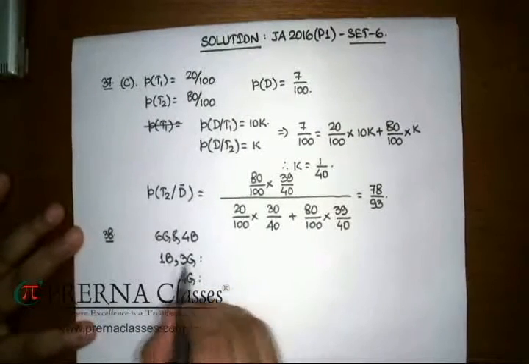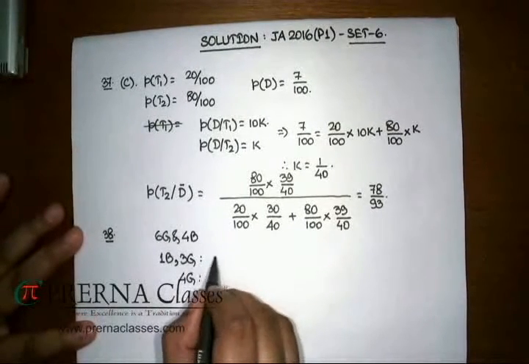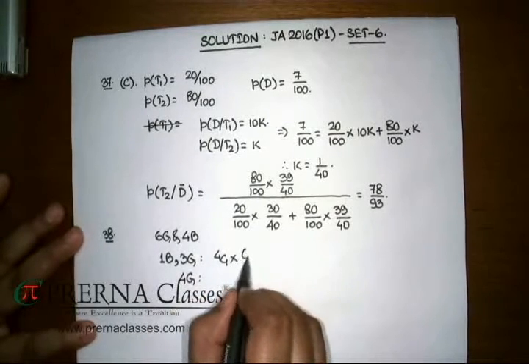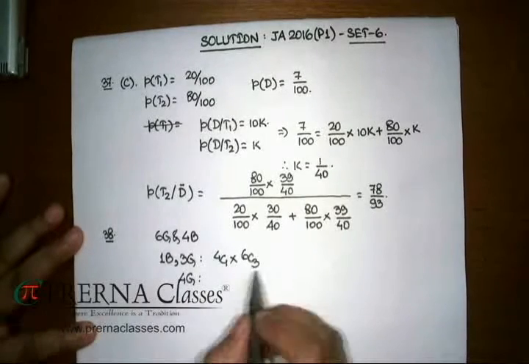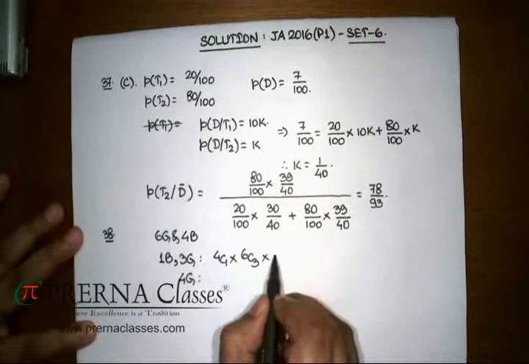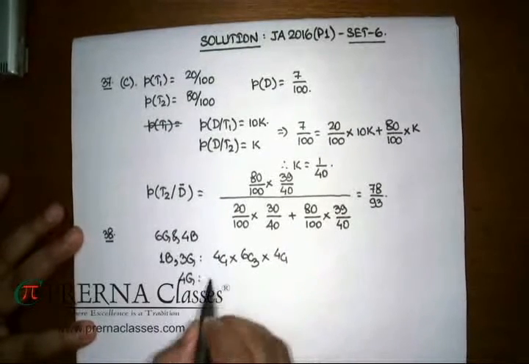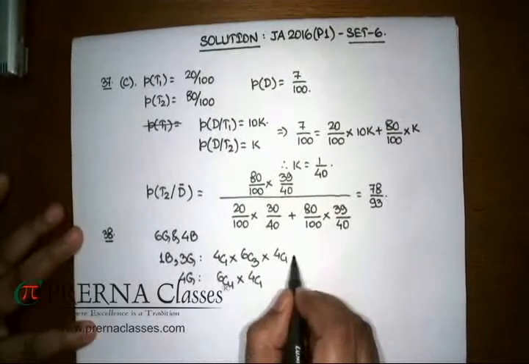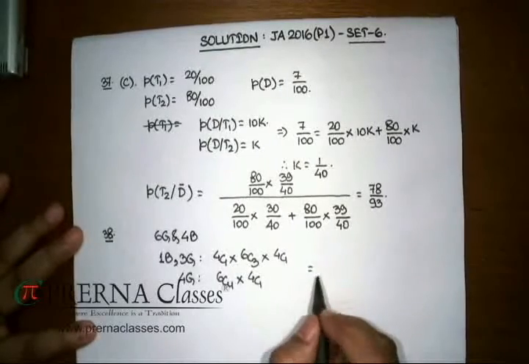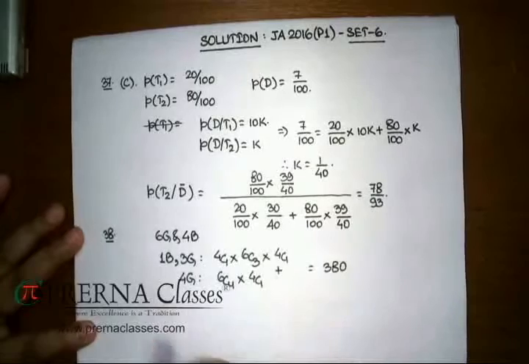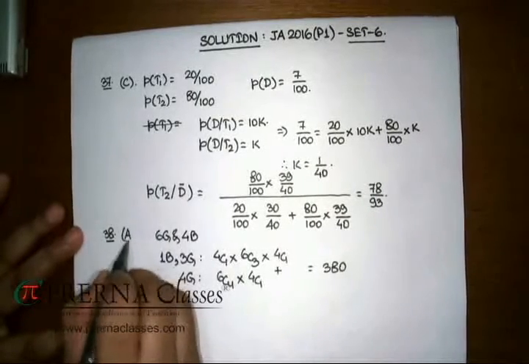For this particular case, I can write selecting 1 boy out of 4 as 4C1 and selecting 3 girls out of 6 girls as 6C3. Once I have taken care of the members of that group, I have to select any one of them as the captain. In this case, similarly 6C4 into 4C1, adding up is going to give you 380 as the final answer, which is matching with the option A in that problem.